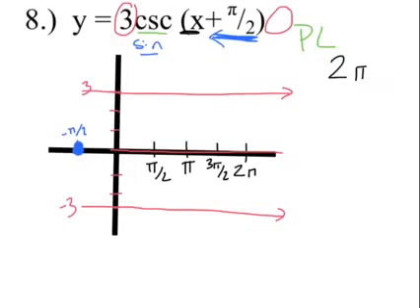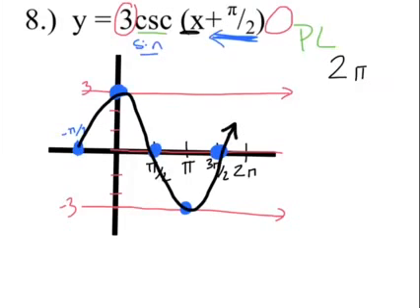Next one, it's a sine graph, so the next one's going to be at the top. At the next hash mark, we're back to the middle. Next one at the bottom. Next one back in the middle again. Let's make our sine curve. Connect the dots, go through, boom, boom, boom, boom. There's my graph. That's how I would have graphed sine, but it's asking me not to graph sine, but instead